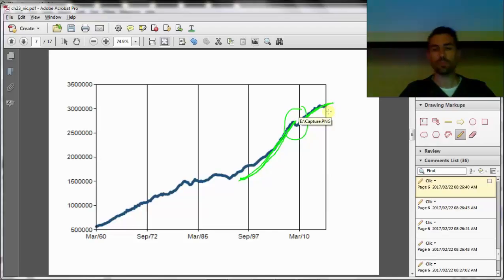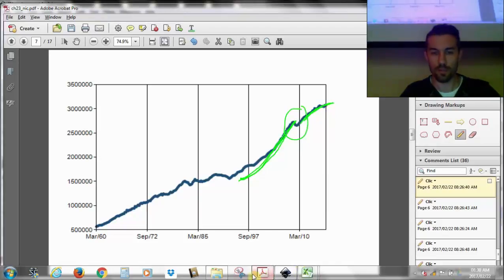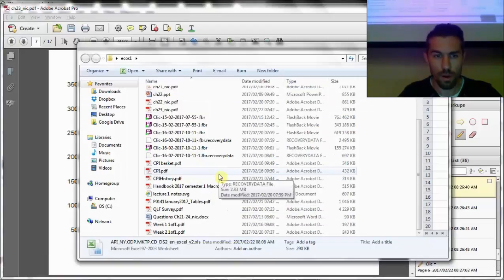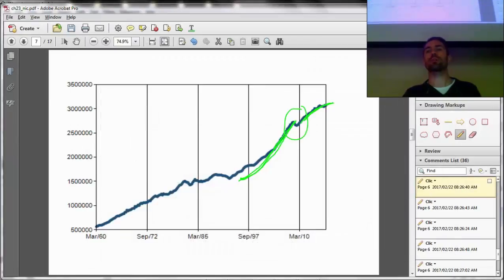So let me just check if I saved another one. I meant to save, and I see I didn't actually save it here. I meant to save the most recent quarterly economic review from the Reserve Bank, which shows you what our GDP growth rate has looked like over the last year. And it's just kind of declining.